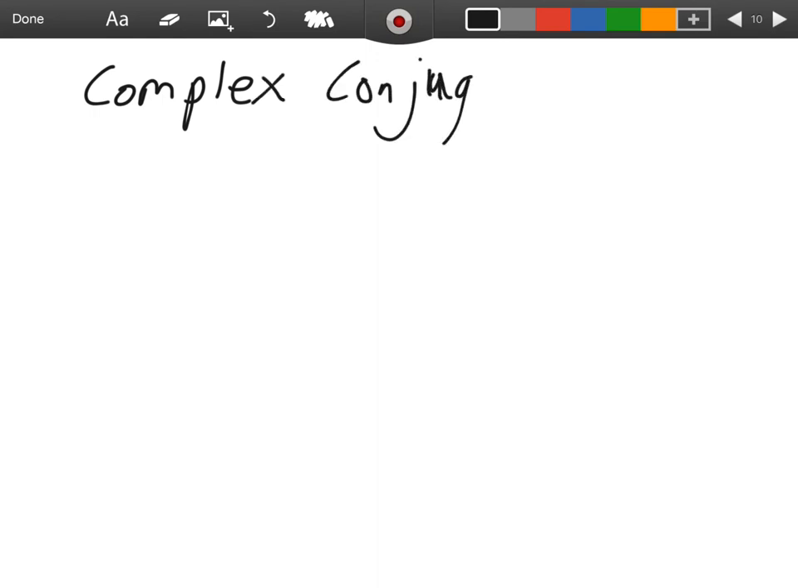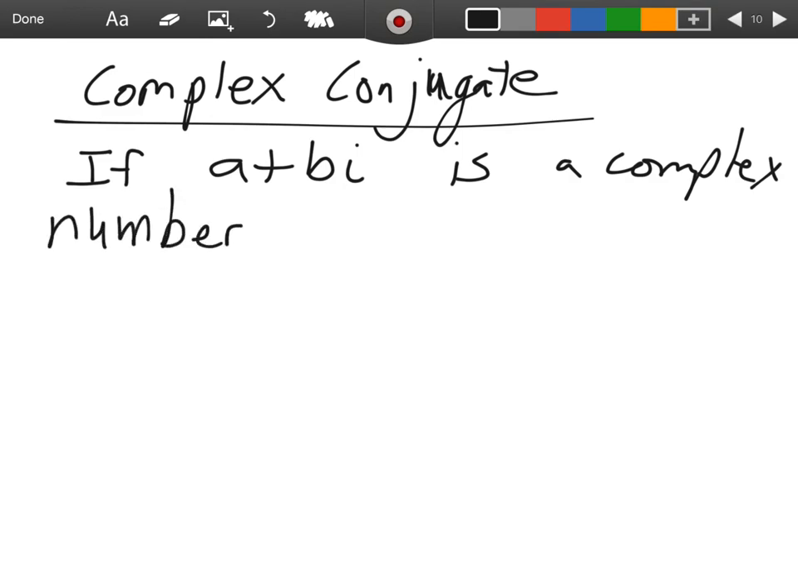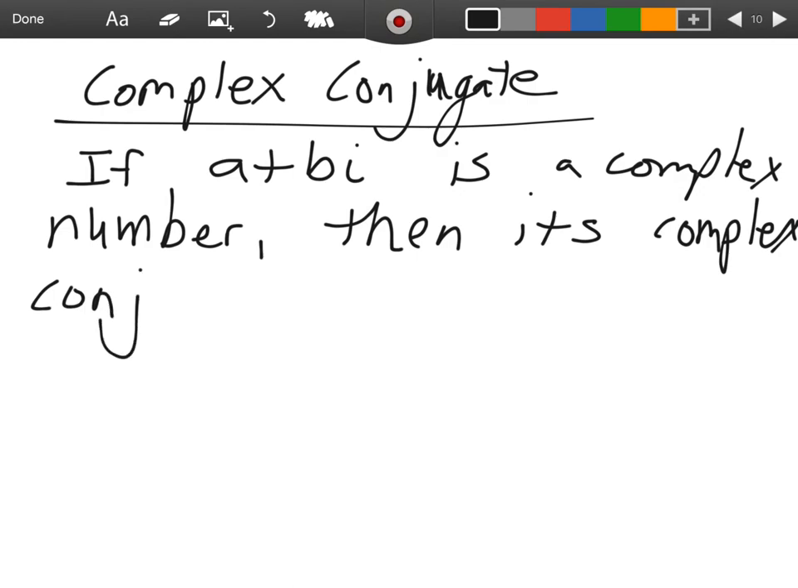Okay, now dividing is going to be a little different. Before we talk about dividing, we first need to talk about something called the complex conjugate, because we're going to have to use it in the process of dividing with complex numbers. The complex conjugate says if a plus bi is a complex number, then its complex conjugate is a minus bi. Basically, just change the sign of the imaginary